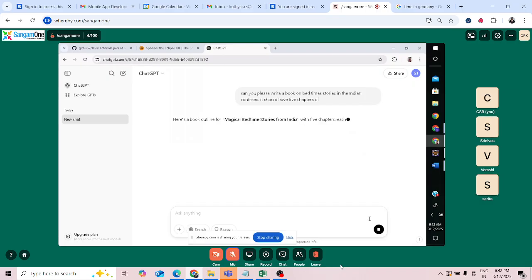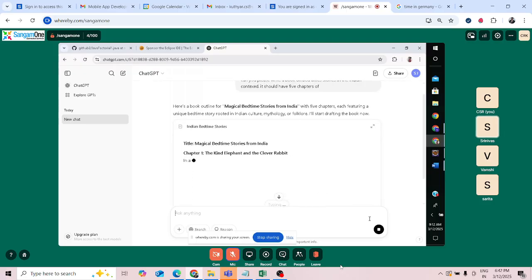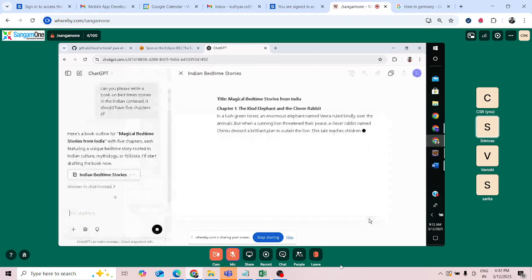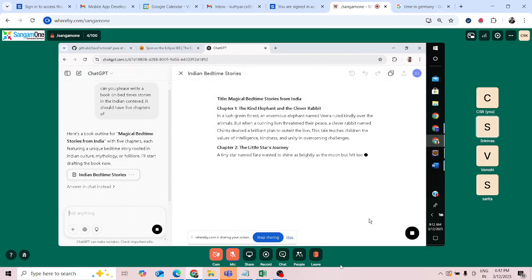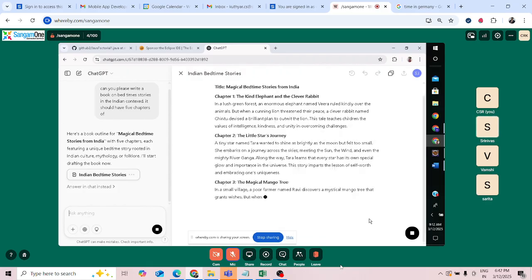So, ma'am, before ChatGPT, if you had to write a book, we would have to think about it and write. But nowadays, AI does everything for you. So you can use ChatGPT to give the exact context, and you can get a book. Great, right? So you can see that we can make the entire book on our own. Now what I want you to do,